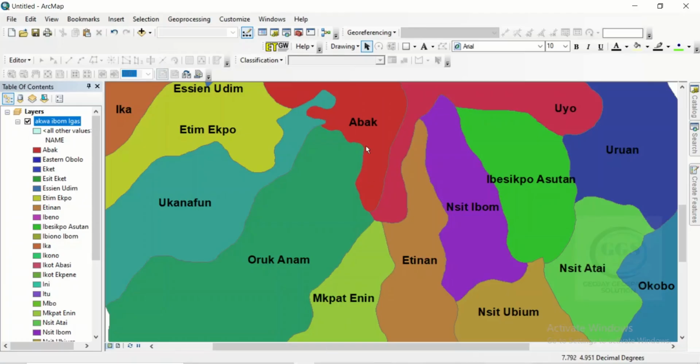Let me open ArcGIS. In ArcGIS, I've loaded in my data and I realized that some tools are not showing. For example, the zoom in, zoom out tool is not showing. The selection tool is not showing. So if you are experiencing something like this, or any tool at all that you realize is missing from the